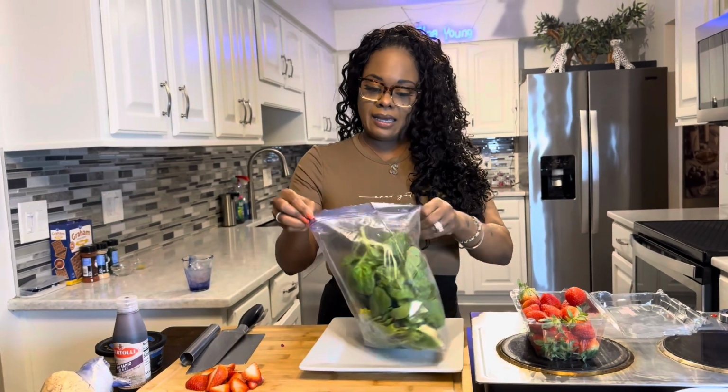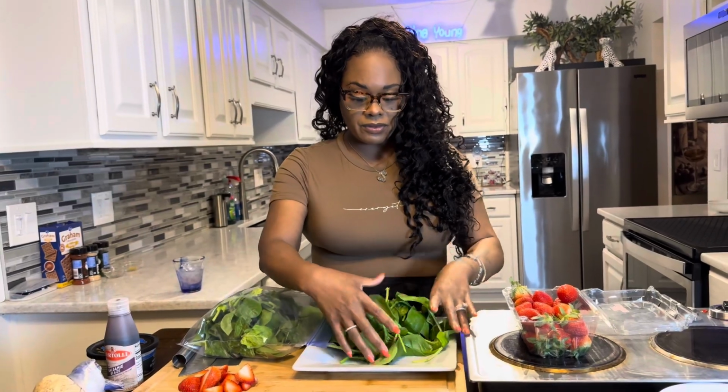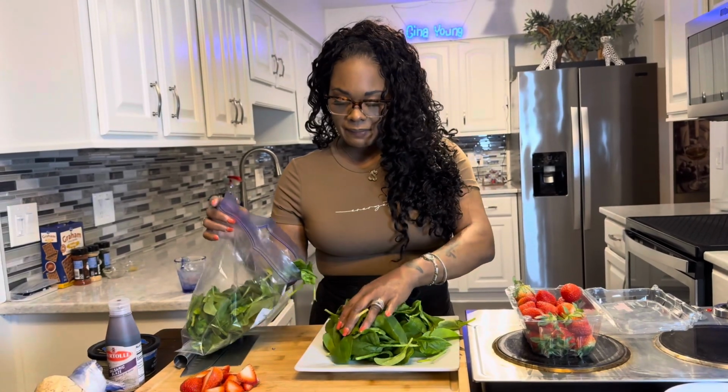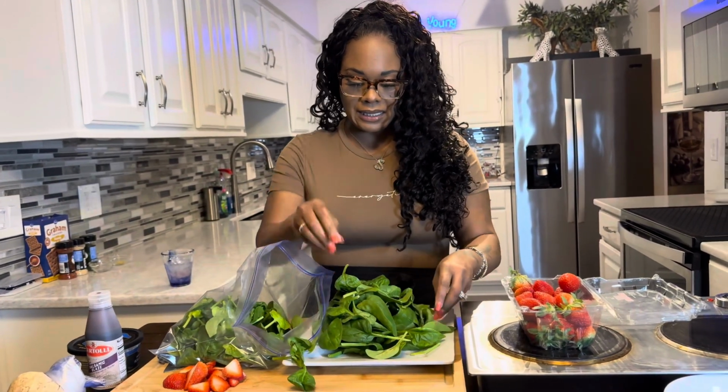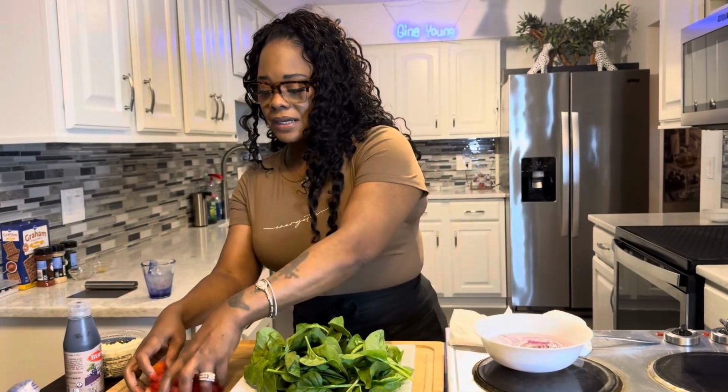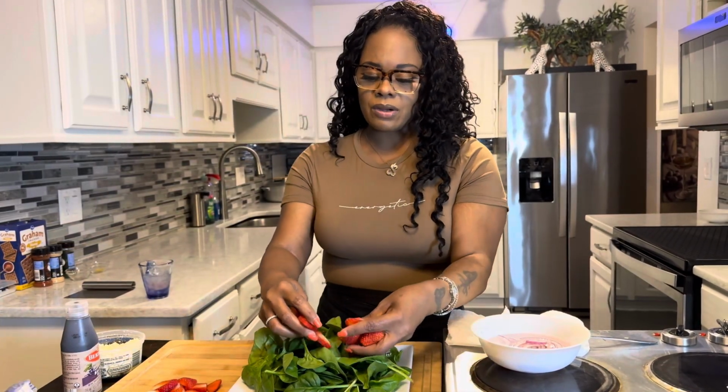So let's go ahead, put our desired amount of this beautiful fresh spinach. It smells so fresh, it's super crispy, and it tastes good, and it's healthy. Let's pile it on this plate here. There we go, just like so. Assemble our salad. So we're gonna take our beautiful strawberries